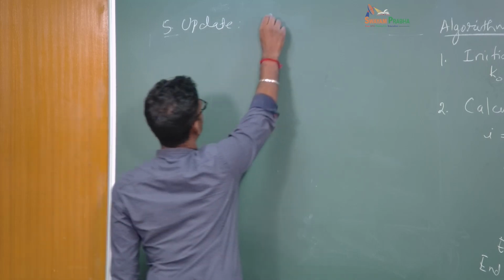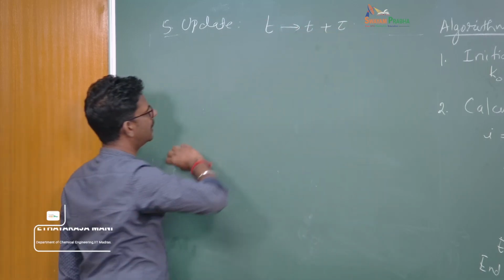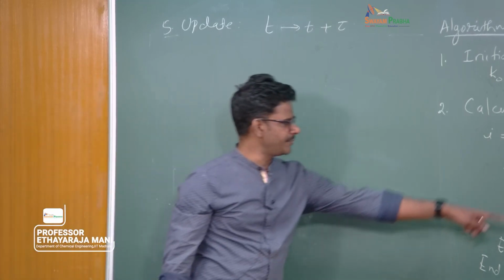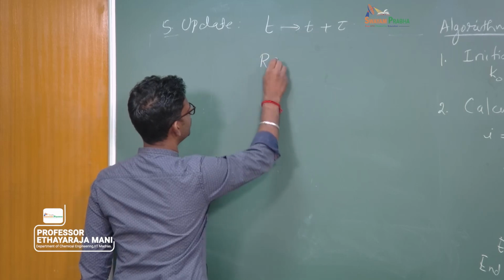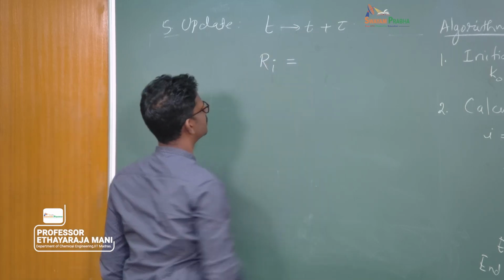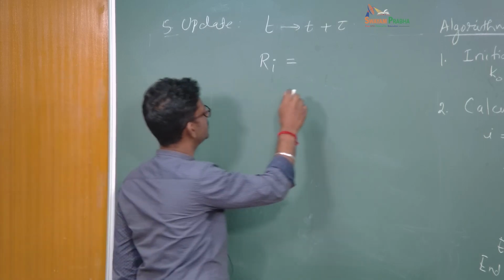So what are the things we need to update? We need to update the time, and because this collision is happening between i and L, so we say that the particle size Ri is given as